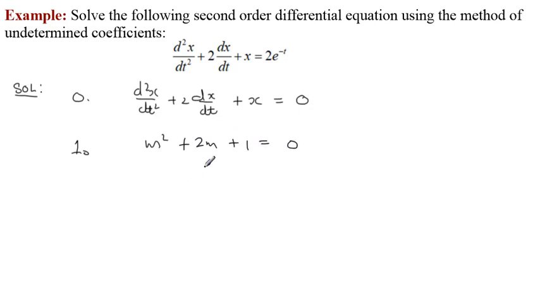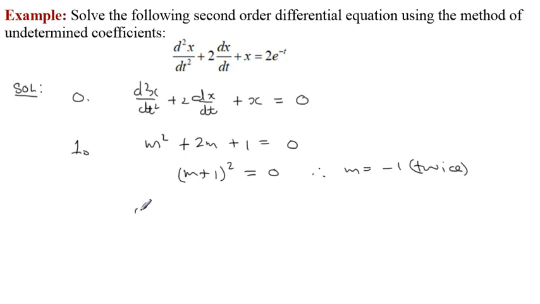We see that this factorizes as m plus 1 squared equals 0, whereby we conclude that m is equal to minus 1 twice,